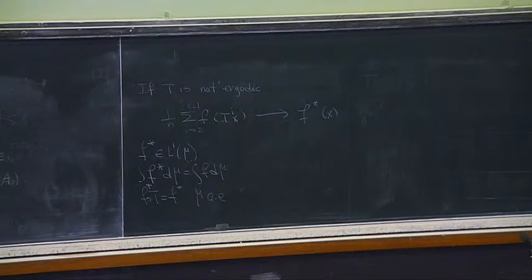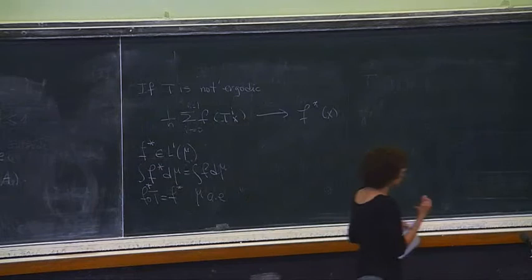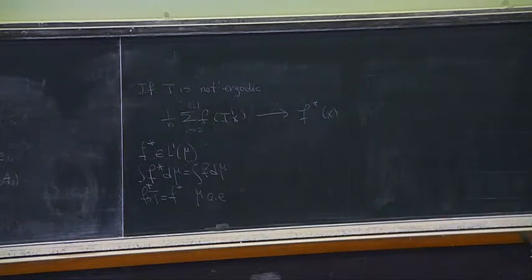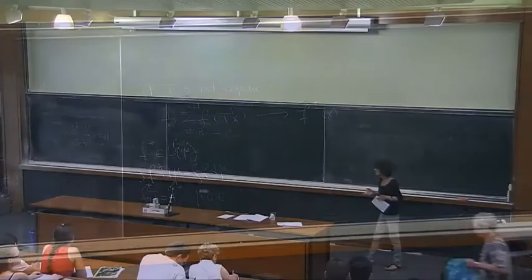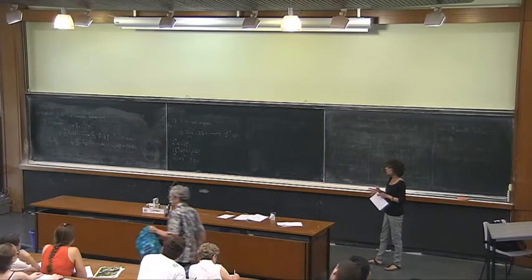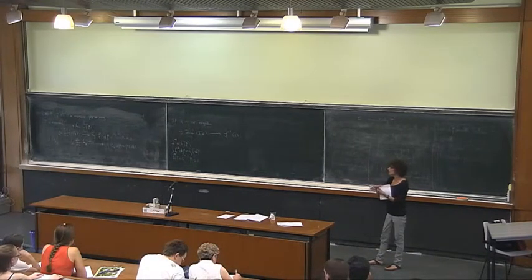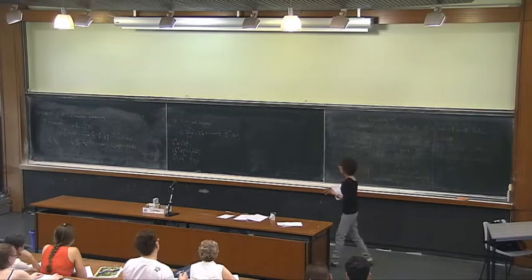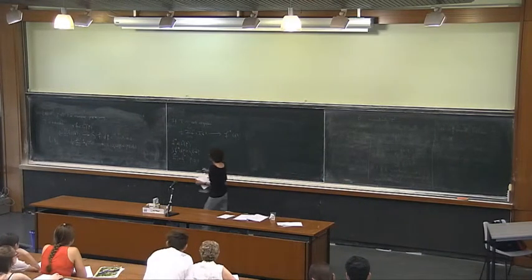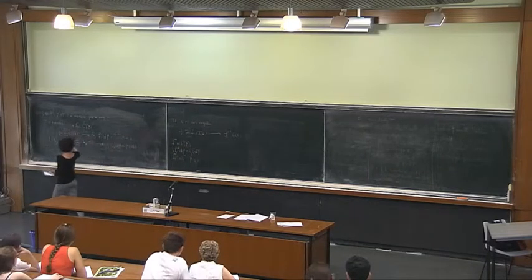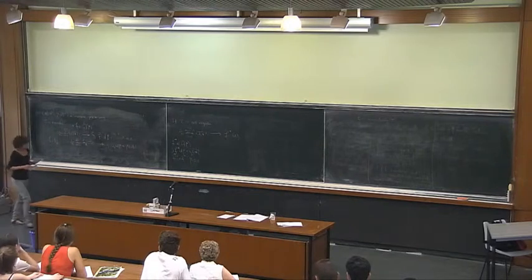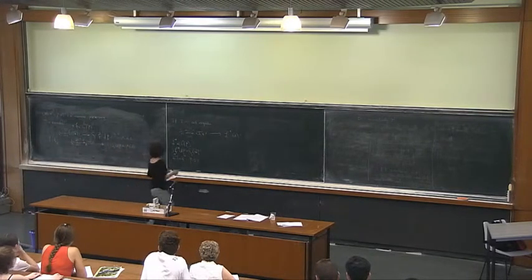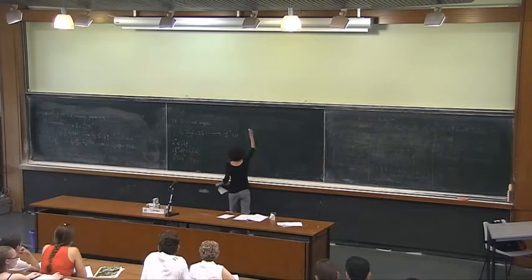Okay, so yeah, and also when I motivated the ergodic theorem, I said it's like a generalization of the strong law of large numbers. And in the strong law of large numbers, you had independence, and you had identical distribution, which is stationarity. And I said independence is replaced by ergodicity, which is some kind of a weak independence. So let me elaborate on this a little bit. And this is actually a corollary of the ergodic theorem,